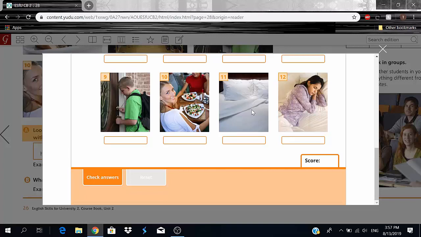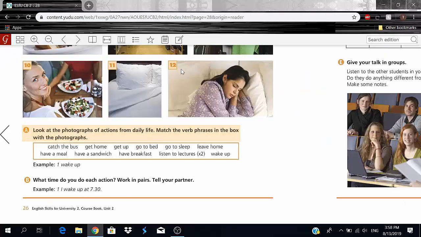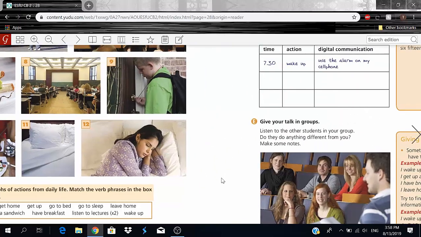Obviously yours will be so different. Nobody has the same exact routine. So write down your own routine and what is the time in which you do each of these actions. Okay,